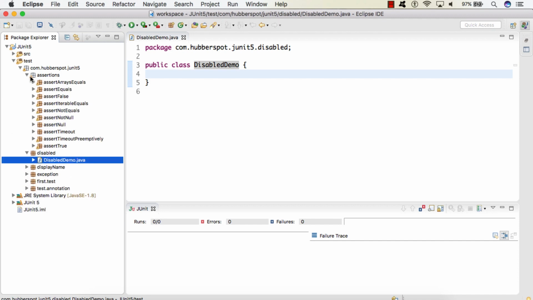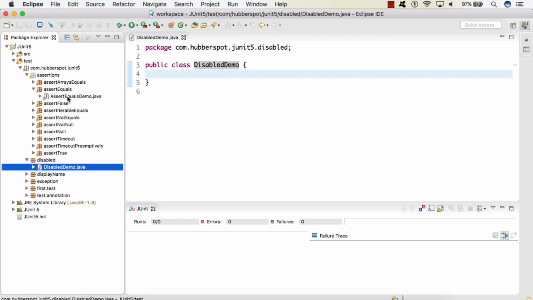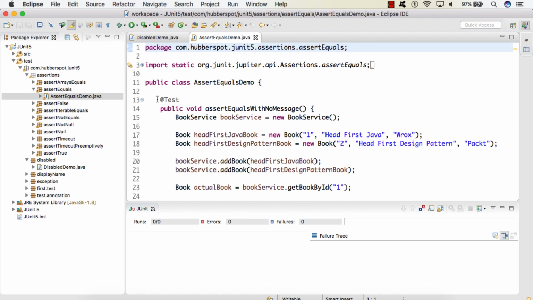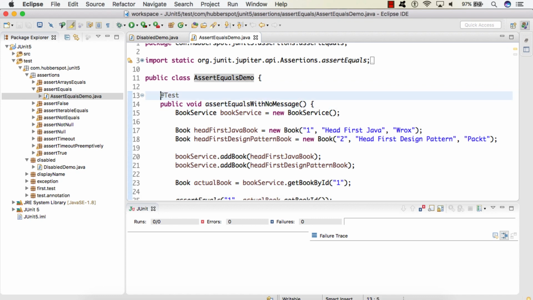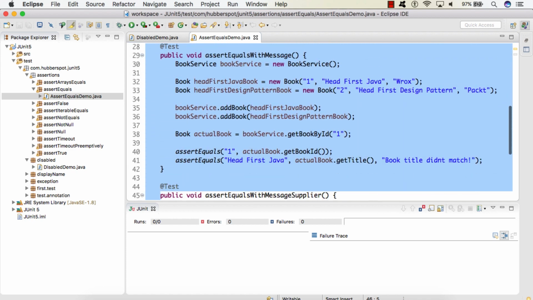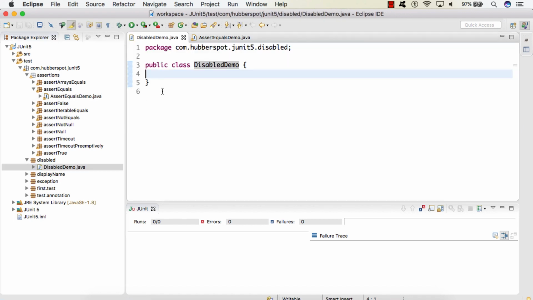So friends, let's say I open one of my examples. Here in our previous lecture we saw the demonstration of the assertEquals method. Let's say I copy these 3 test cases and reuse them in the DisabledDemo class.